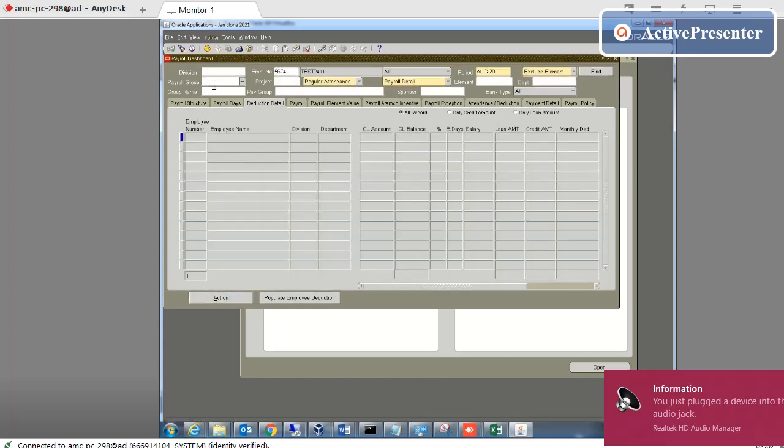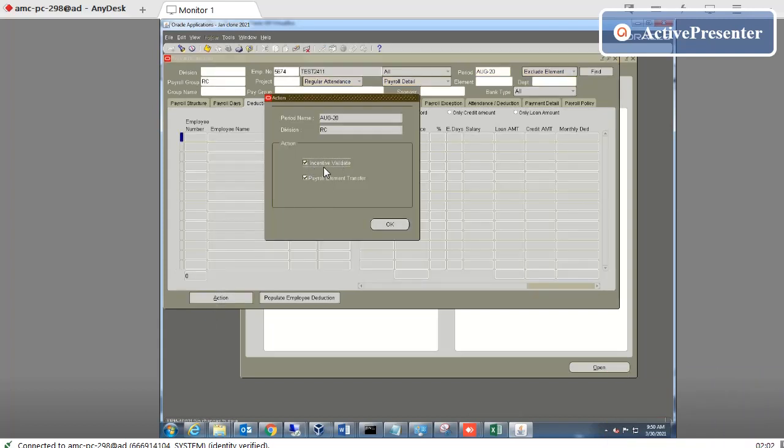And after that, if you go to the interfacing, if I go to the action button, see, I see this incentive validation and payroll element transfer. So what happens when the payroll department clicks this one: the system will check all the days and other things, and add them in the payroll element section.